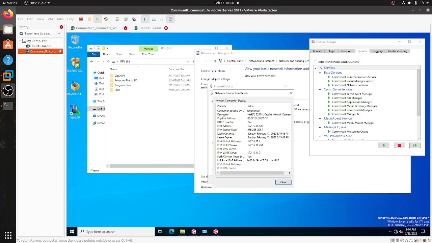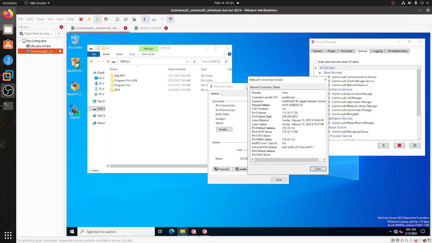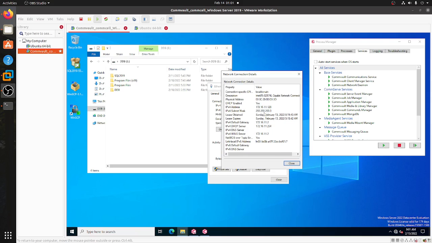First thing I usually do anytime I install any media agent or any file system on Linux is to make sure I can ping the ComServe from the Linux client itself. So in my Windows computer, I went to Control Panel, Network and Internet, Network and Sharing Center, and then clicked on the interface that connects to the other device, the Ubuntu device. And the IP address I have here is 172.16.11.128. So that's the IP address I want to try to ping from my